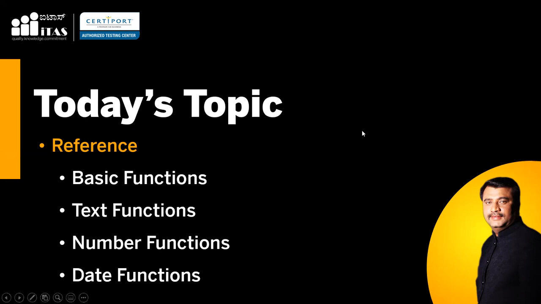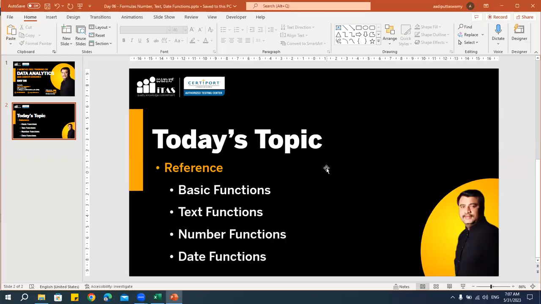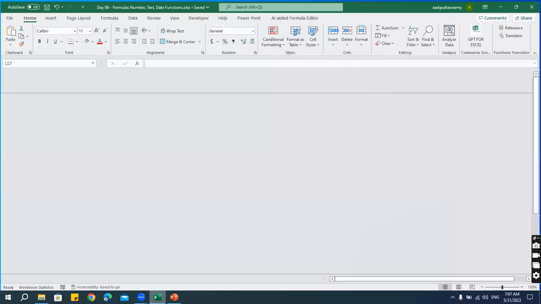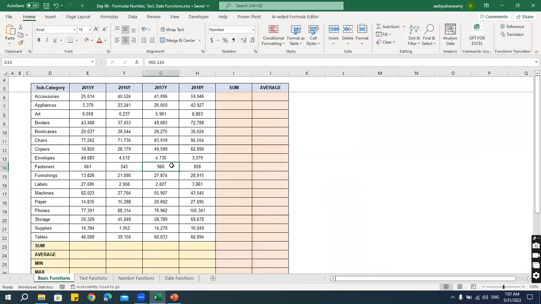All right. So let's go with the functions. I have an Excel file with a very neatly formatted, and all the functions are available here, which will help you in understanding how to work on these functions and how to use these functions and when to use these functions. All right, so first let's understand what is a function. A function is a set of instruction or a code which is already written, and we use that for doing